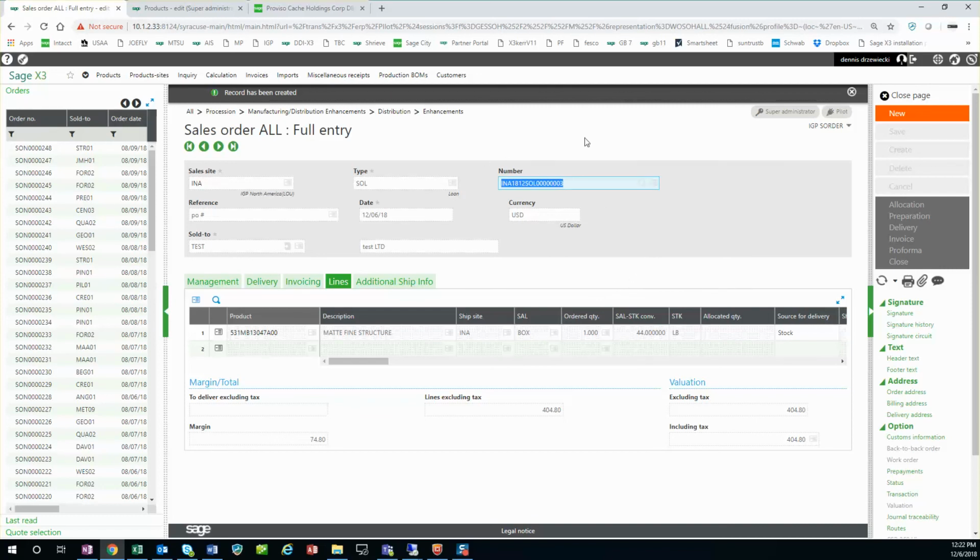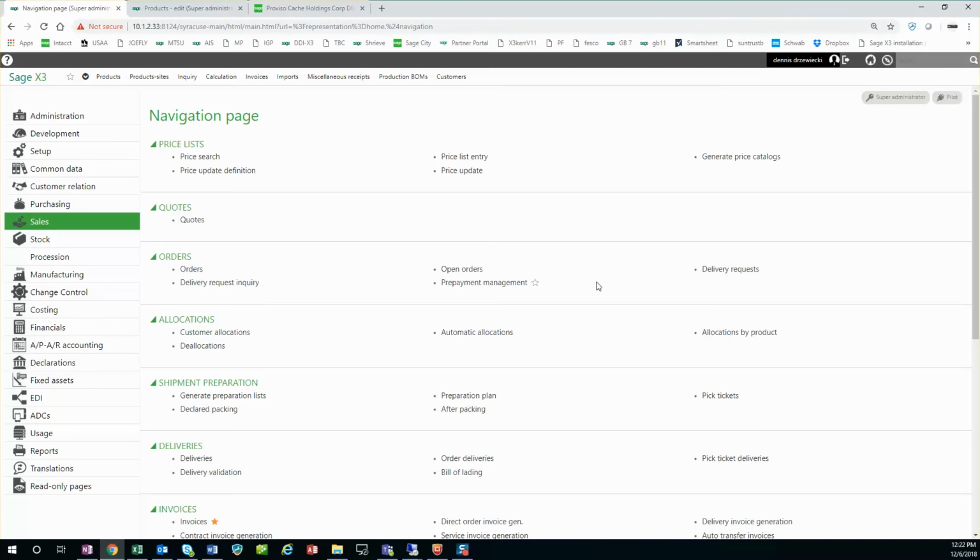Now, the other option to do consignment is to create either a location, an internal location, or another site. If you create another non-financial site, within that site, you can create a location and you can move product to that site. You can name the site whatever the customer's name or acronym is that you're using, and create a location type in a location that is internal. Name that whatever you want. It could be the same as the site name. And then you could just manually transfer your stock